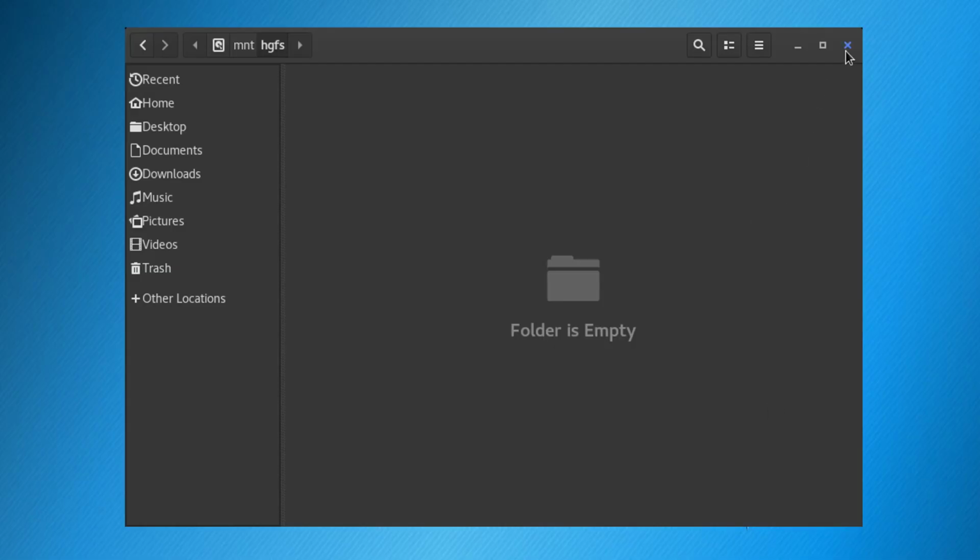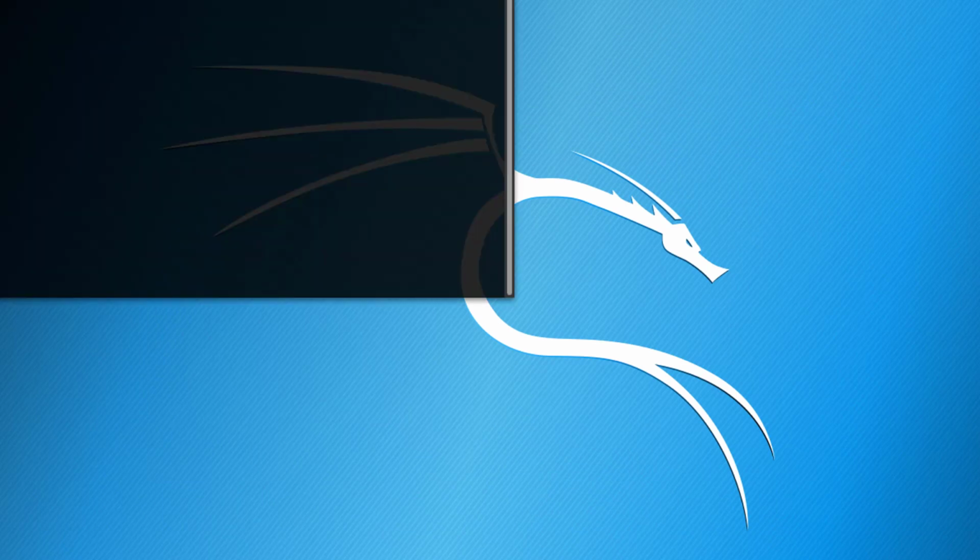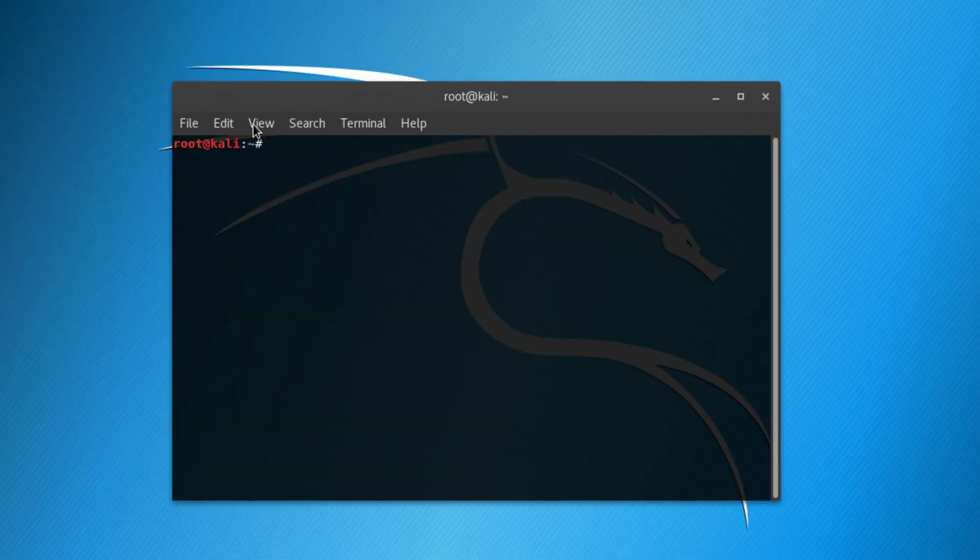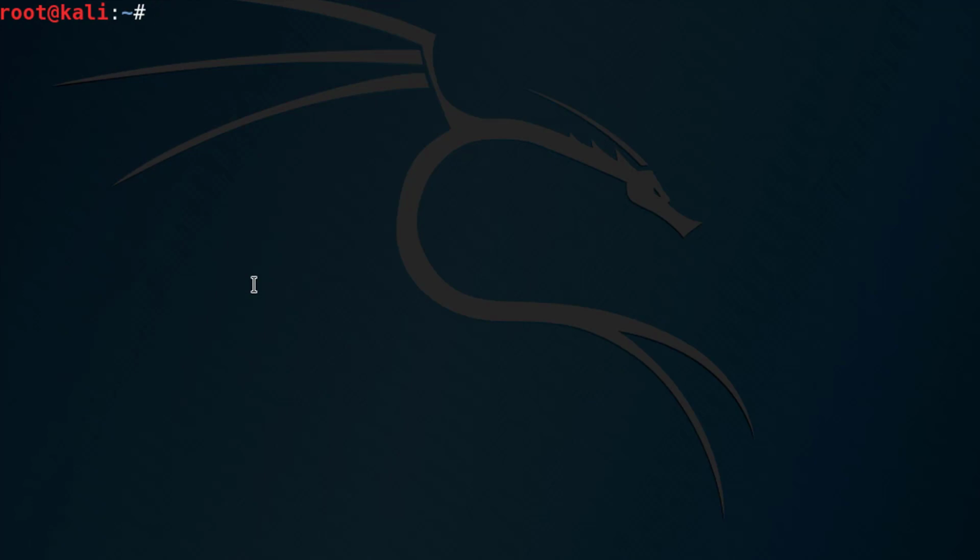So I'm going to go ahead and close this out, and let's get back into Kali. What we're going to do is we're going to need to mount it. So I'm going to type mount. Actually, let's use sudo. We're already root, but you typically would type sudo just to switch into the root mode. And so you can do this. And we're going to say the type is